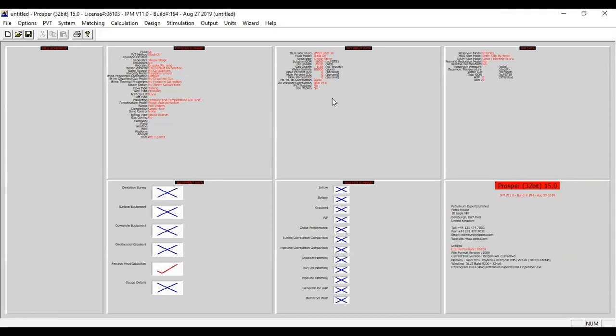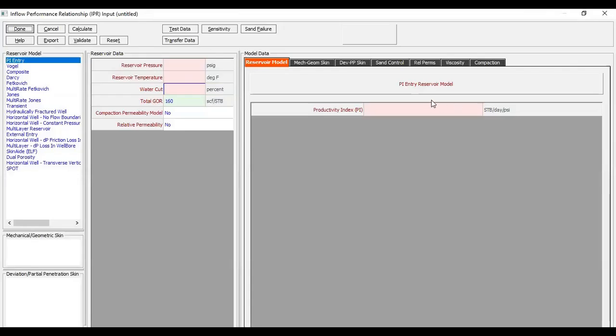Okay, so from the PVT section, we now go to the IPR section. We open, and to construct the IPR, there are several methods. In this case, I will use the PI, productivity index entry method, like the one I just explained previously. To obtain the IPR, I need to provide the reservoir pressure, for example, 1,500 with reservoir temperature of 130 Fahrenheit, and let's say the water cut is 0.